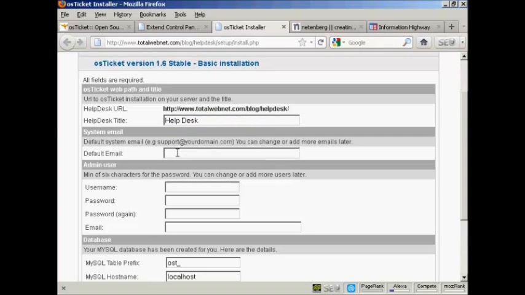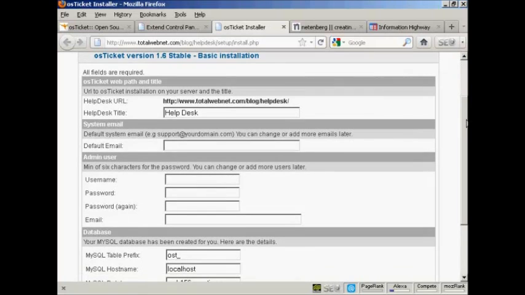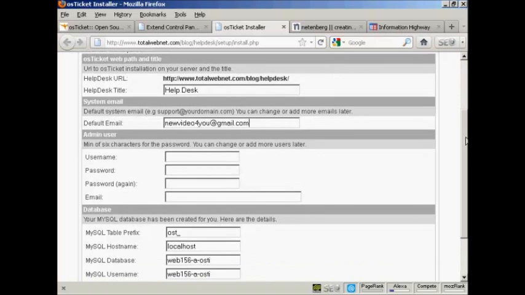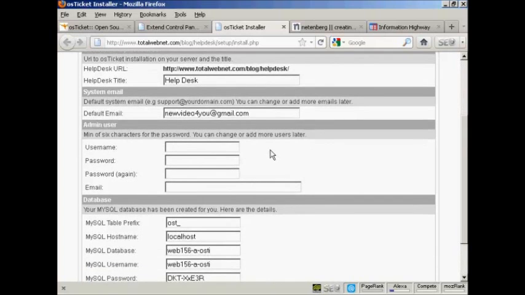Then you want the system email, and this generally, if I was setting this up for real, I would probably have an email address that was at the domain. Because this is just a demonstration, I'm going to put my Gmail address in here, and then the admin user. Now you want to be original here so that it isn't something that people are going to be able to hack into. So it's best not to call yourself administrator or webmaster or something like that. So I'm going to call this Sam Owen,